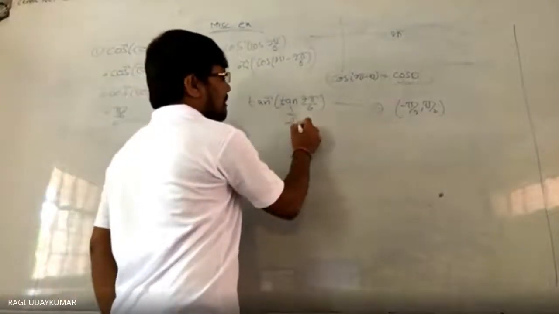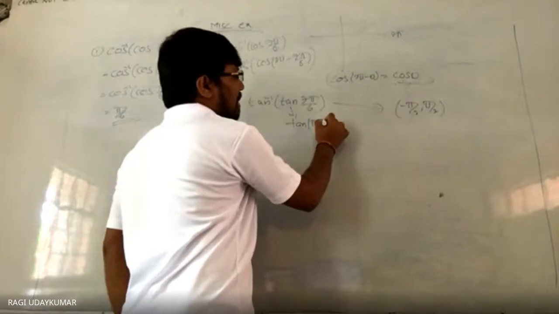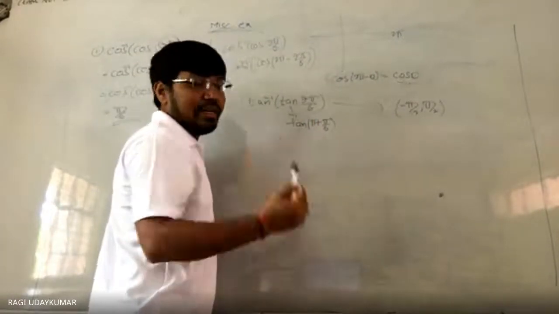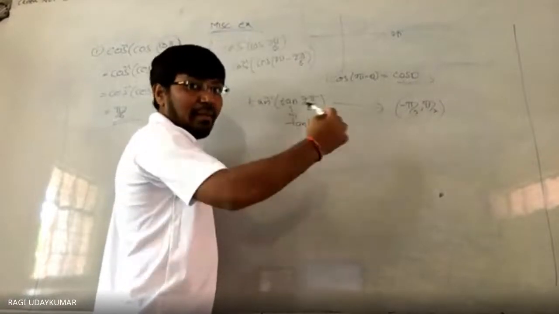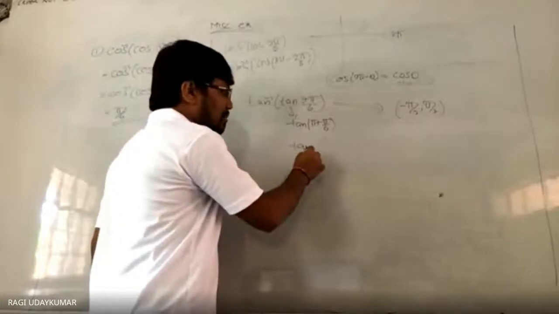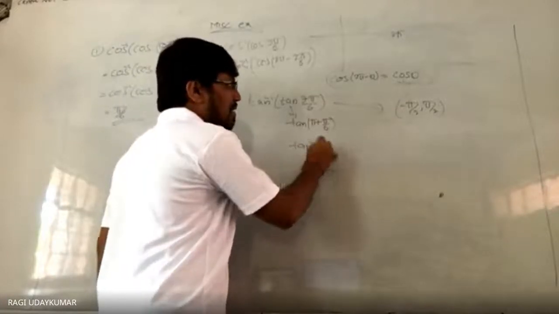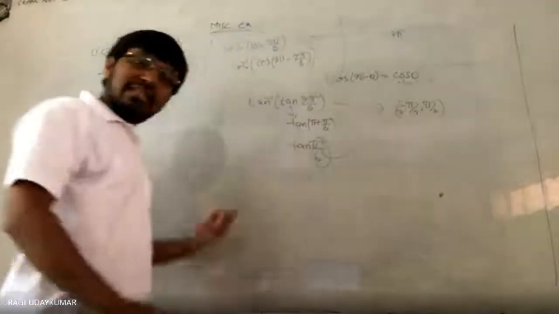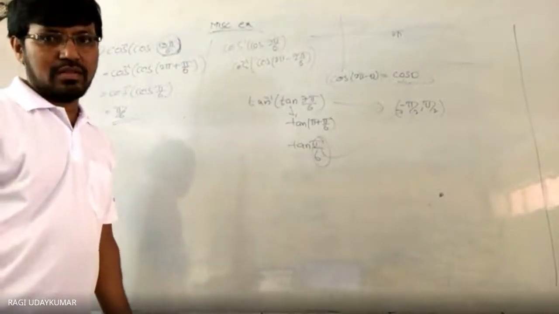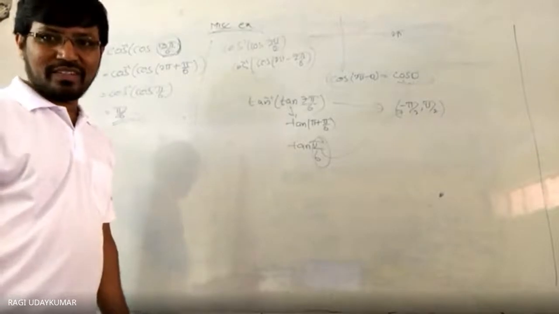So if you write this one as tan of pi plus pi by 6, pi plus pi by 6 means third quadrant. All silver tea comes, pi plus. So then this pi plus pi by 6 is 7 pi by 6. Again you can write it as tan pi by 6. This pi by 6 lies between this interval. Then the answer is pi by 6. Clear?